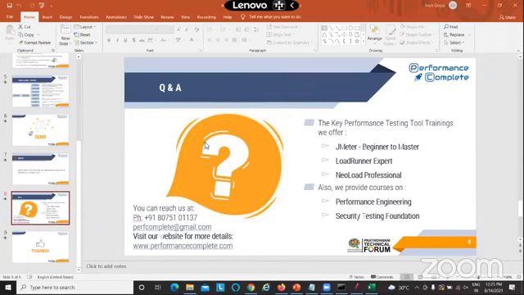Yeah, Bhargav, good question. In Jenkins, you can write a pipeline script, and with that pipeline script you can connect with JMeter. There are some Jenkins hooks. By directly writing the pipeline script, you can run JMeter commands. For example, by running some command prompt lines, you can run a JMeter test.